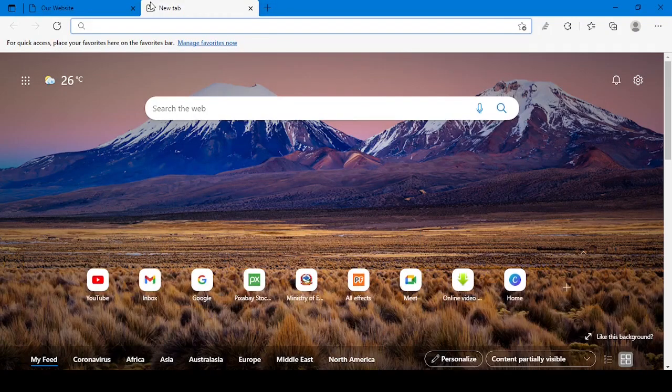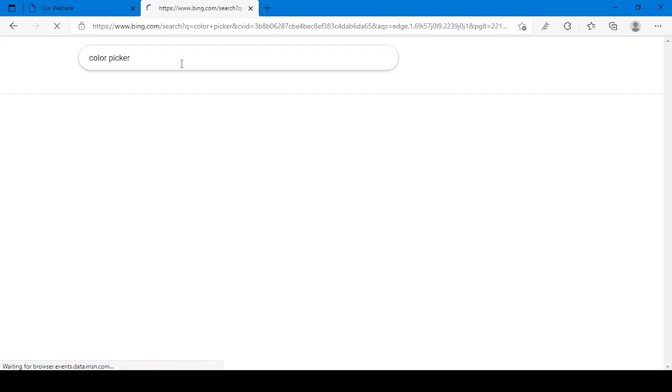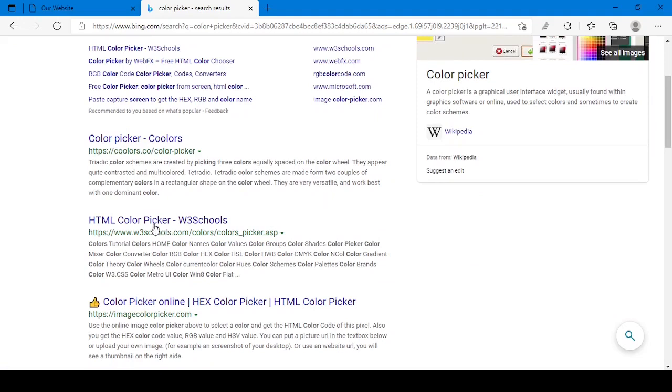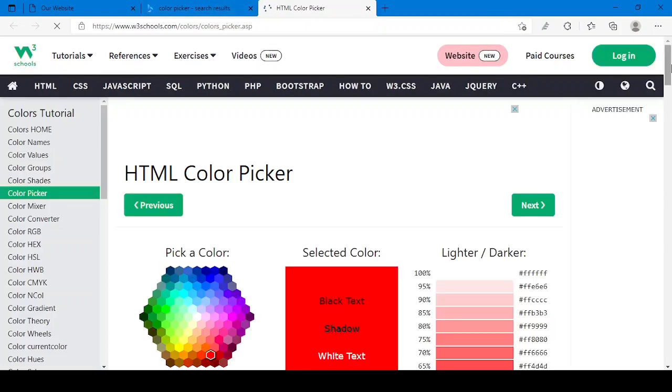Then you can click on any result, but I am suggesting you go for the HTML color picker by W3Schools.